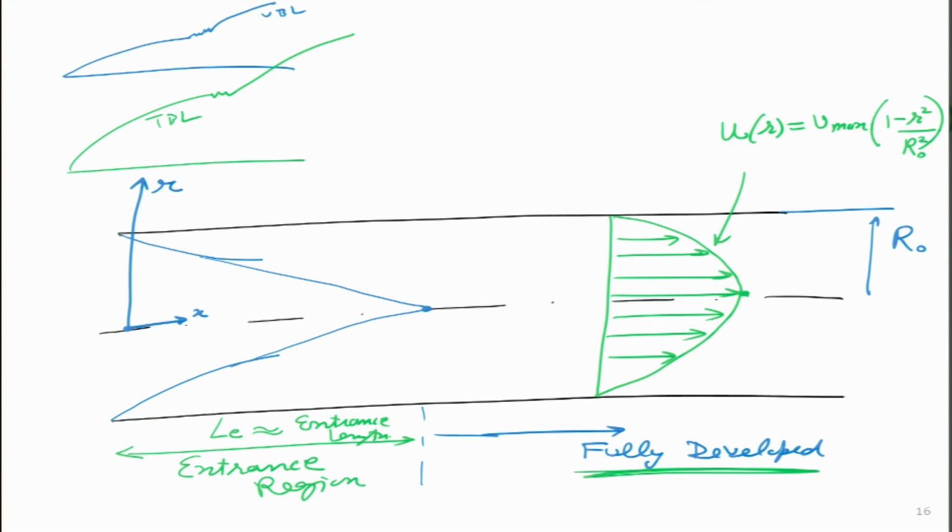Whereas, if I ask students what will happen if I want to draw the velocity profile at this particular point. Remember this is the boundary layer, this is the boundary layer, and these are the regions outside the boundary layer, which I am showing in the shaded region over here. Outside the boundary layer, the velocity has to be constant throughout. So, from this point to this point, I will leave it constant over here. I will put some arrows, it will appear like a rectangle, and then inside the boundary layer, it will be a smooth decay, and the same thing will happen over there.